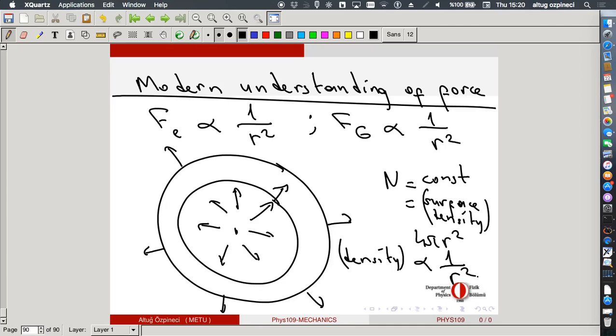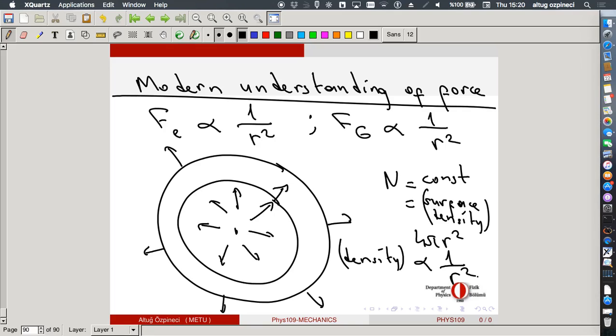Although they are completely different forces, the underlying behavior of nature is the same, meaning that we are in 3 dimensions and the area of a sphere in 3 dimensions grows as r squared. The force, or the change in velocity, the energy exchange per unit time, behaves as 1 over r squared, and Newton calls that exchange in velocity the force. Okay, if that didn't make any sense, you can just forget about it, but keep it in mind.